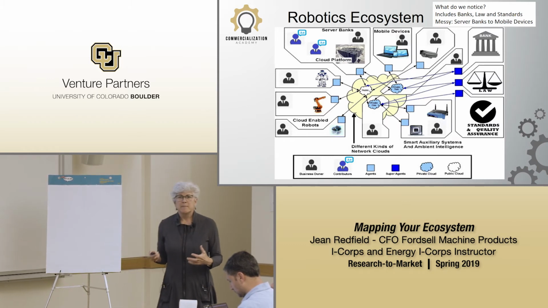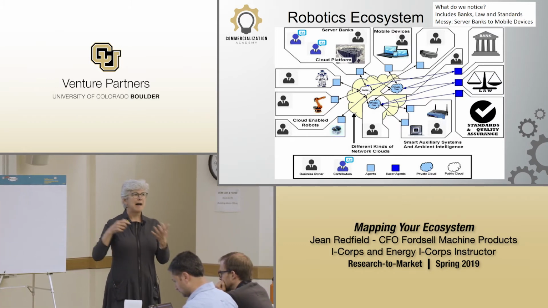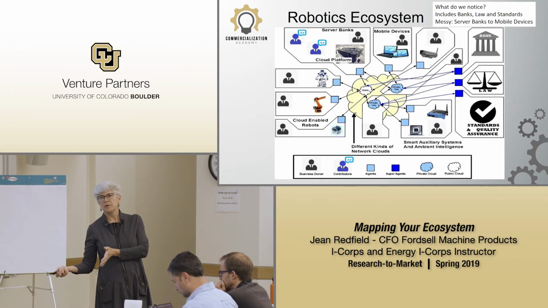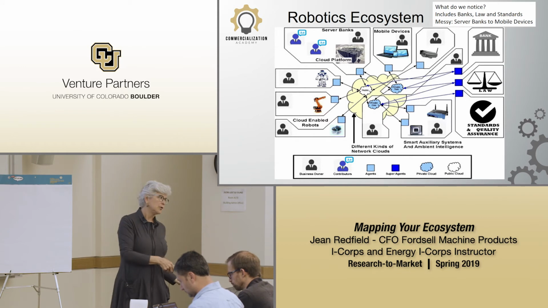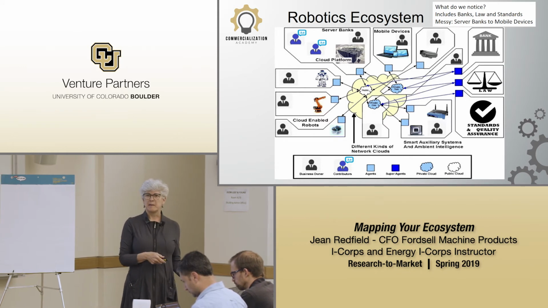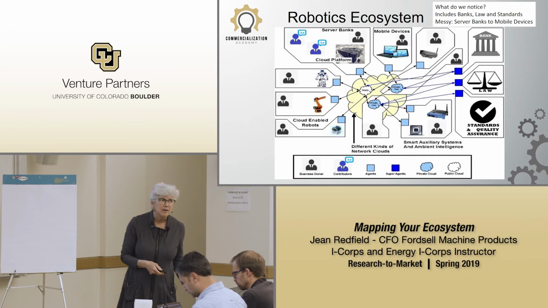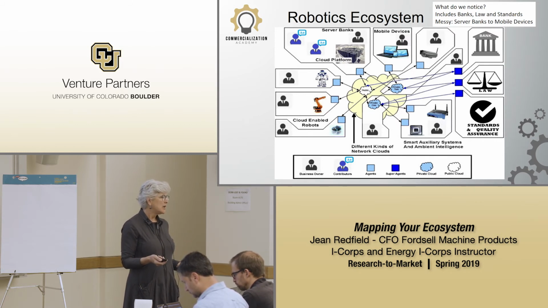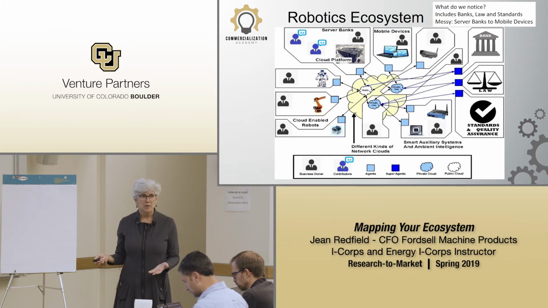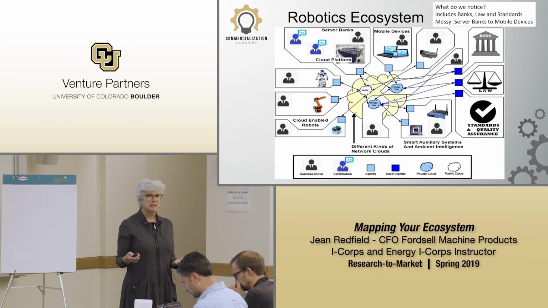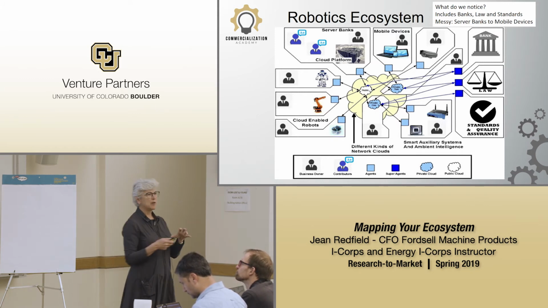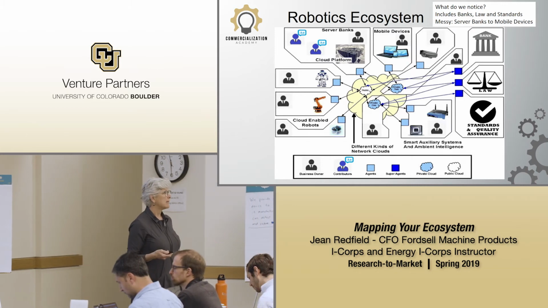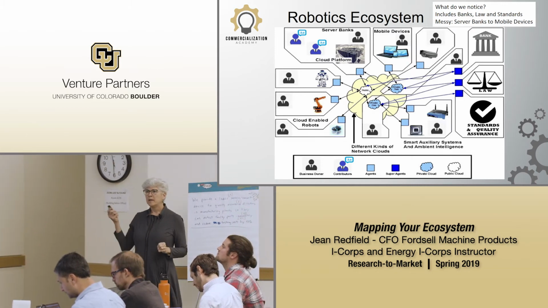The biggest thing about the ecosystem map is it's both a repository for what you're learning in your customer discovery interviews, a way to record your information, and a way to inform your customer discovery. Where are there blank spaces on the page that I don't know enough about? Because I've never talked to the banks about their role in robotics funding. Or I've never talked to the legal standards group about how much time and money it takes to get a certified product into this industry. So it illuminates some of those gaps in our understanding of our ecosystem by trying to draw the map.